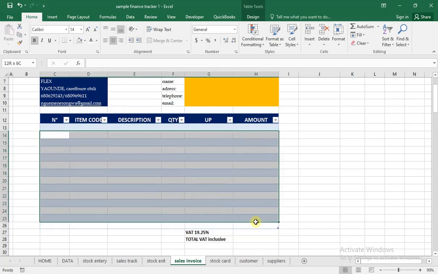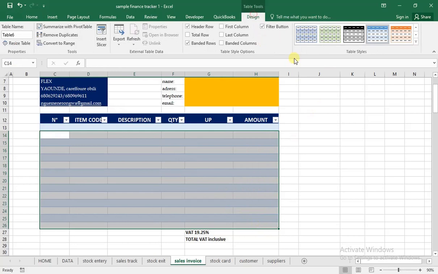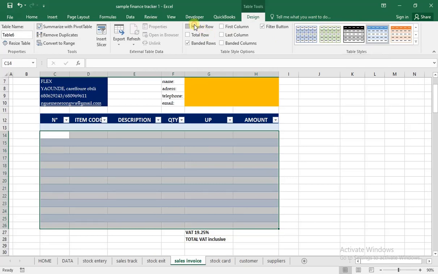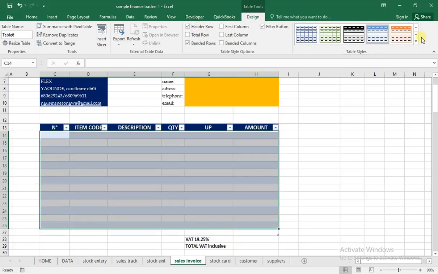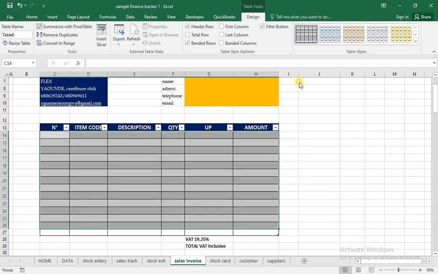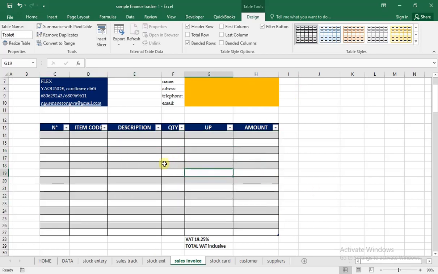If it does not accept, we are going to take it here. On design, you can decide on the type of design you would like it to have. So I'm going to allow it with this one. Okay, so now